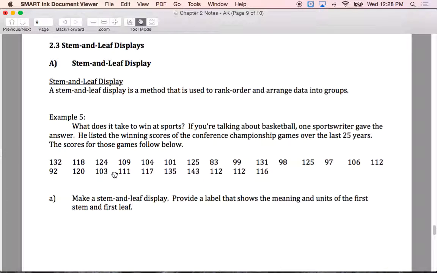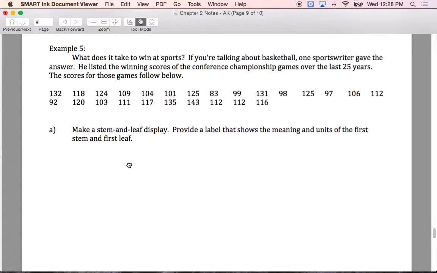2.3, we're doing stem and leaf displays. This is another way that we can arrange our data into groups. We use the numbers to show the distribution of what we have. So here in example 3, we're looking at